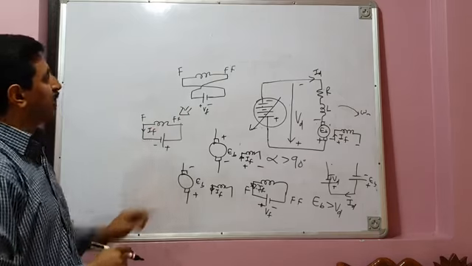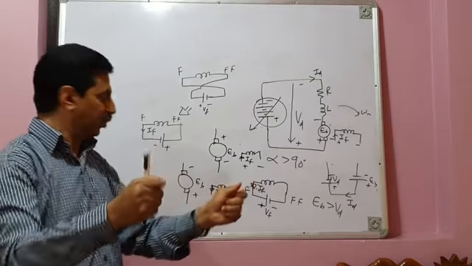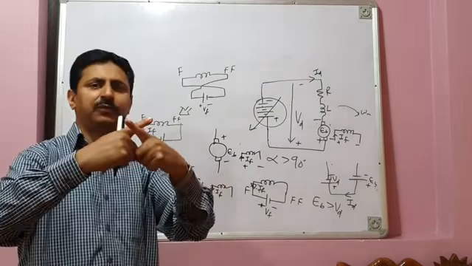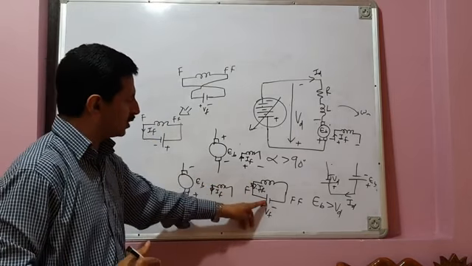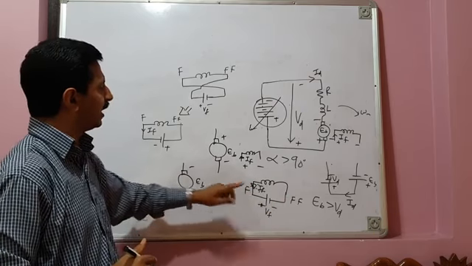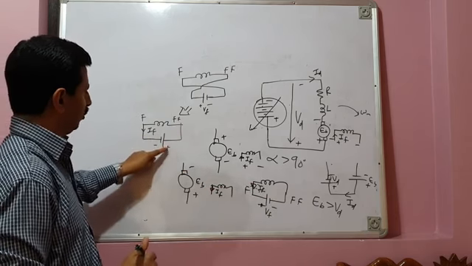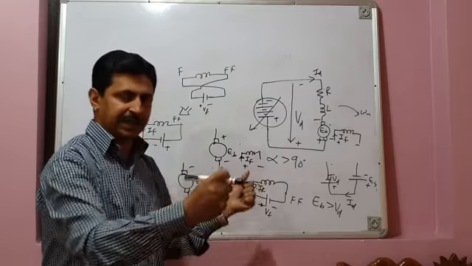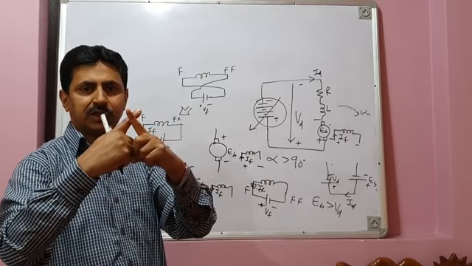Therefore you should have a mechanical switch there. With the help of the mechanical switch, you will open the switch first and then flip the field connections like this. Earlier, F was connected to the positive terminal of the field voltage and FF to the negative terminal. For reversing the direction of field current, F should now be connected to negative and FF to positive. So that means you have to open the first connection and then exchange the field terminals. You have to flip the field connections.